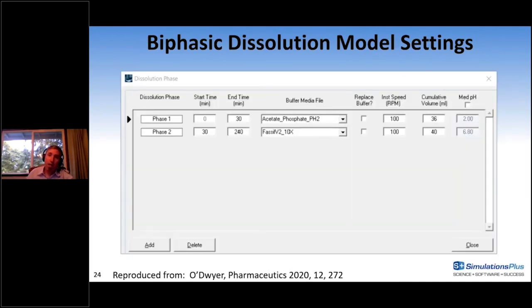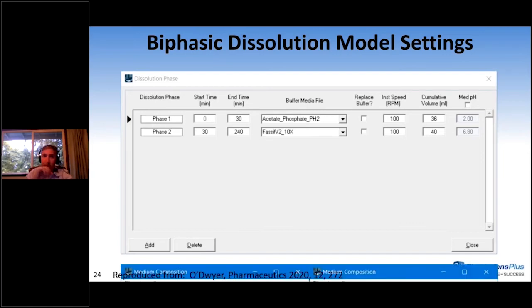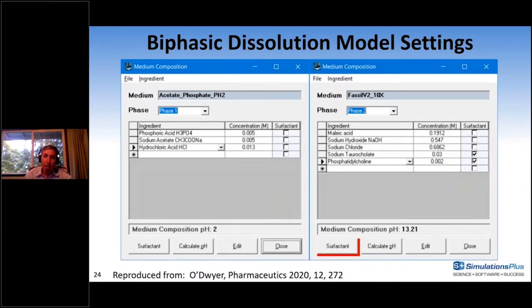So, again, acetate phosphate buffer for the first 30 minutes. And then we added 4 mils of volume of the FASF version 2 at 10x concentration to get the cumulative volume to 40 mils and a pH of 6.8. We used the following buffers defined in this image. For the first phase, phosphoric acid, sodium acetate, and hydrochloric acid to get that pH 2 acetate phosphate buffer. And then we used a 10x concentrated FASF V2 with extra sodium hydroxide to account for the acid coming from